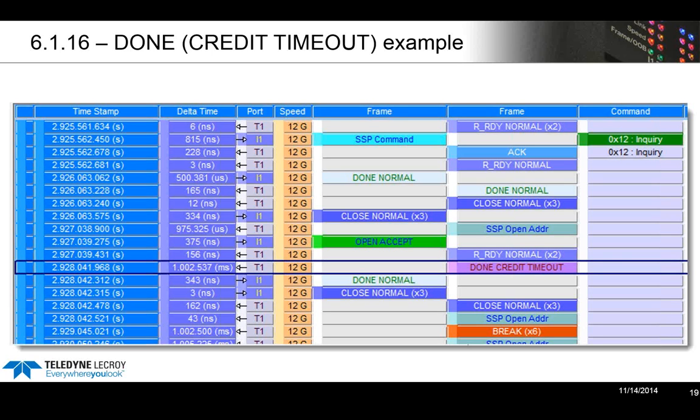Okay, another example, testing the credit timers. SAS uses R-ready primitives to flow control data into the device. Flow control is pretty important with SSDs because it's one of the mechanisms that the device can use to pause the inbound data. SSDs are going to use flow control when they're busy doing background tasks and can't accept more data. So in test 618, we verify that a device will properly observe credit timeouts, which is part of the flow control protocol. If the initiator withholds credit, does the device